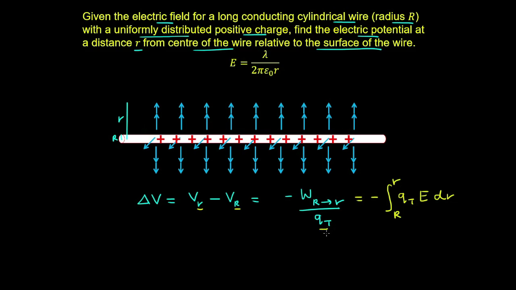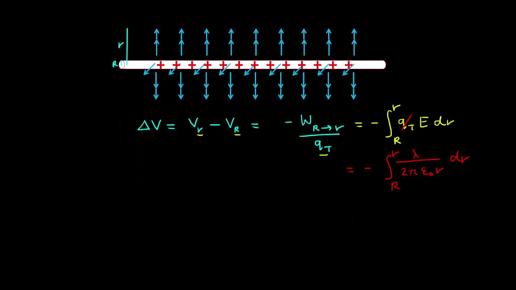And that's divided by the test charge, so we can get rid of it from the integral. So we have minus the integral of the given electric field, which is the linear charge density on 2 pi by the permittivity of free space by r, integrated over r. So taking the constant outside the integral,